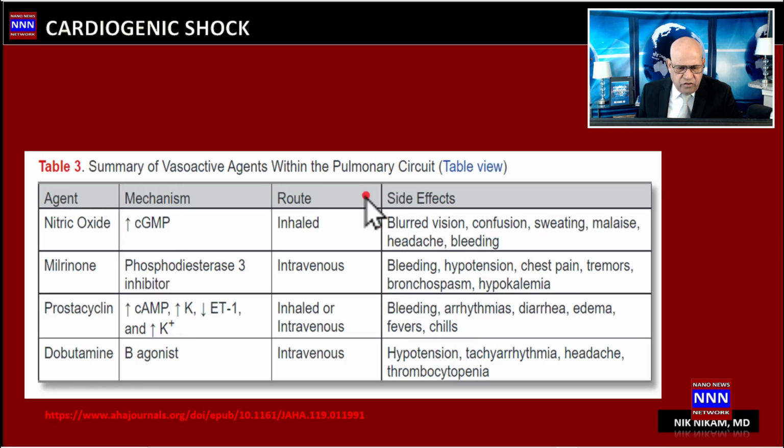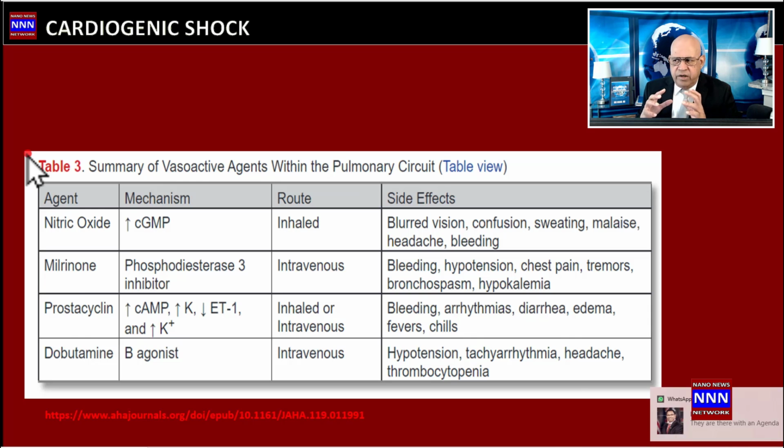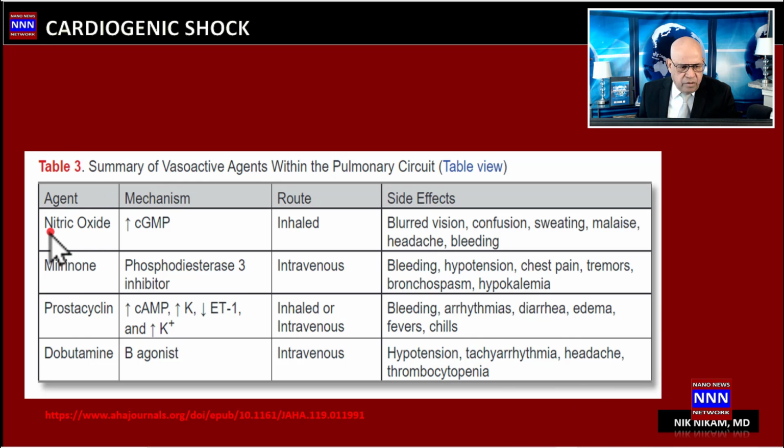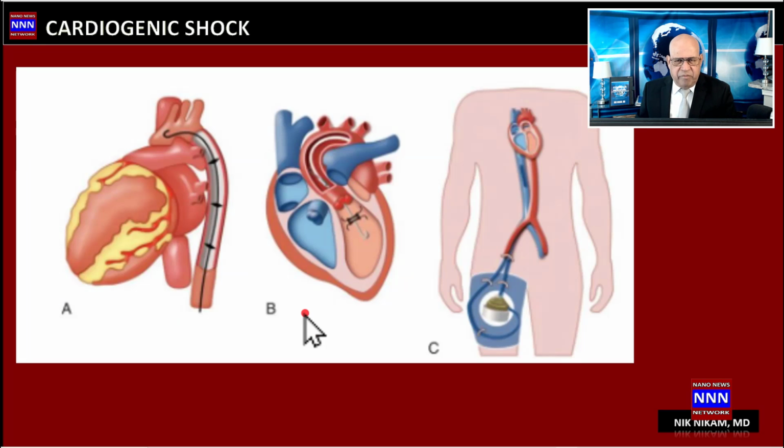Okay, let's move on to some other drugs that work on the pulmonary circuit in reducing pulmonary hypertension. The most common drugs are of course nitric oxide, milrinone, and prostaglandin, which is commonly used in patients with pulmonary hypertension, and dobutamine. For mechanical circulatory support, there are three main options available, namely the intra-aortic balloon,